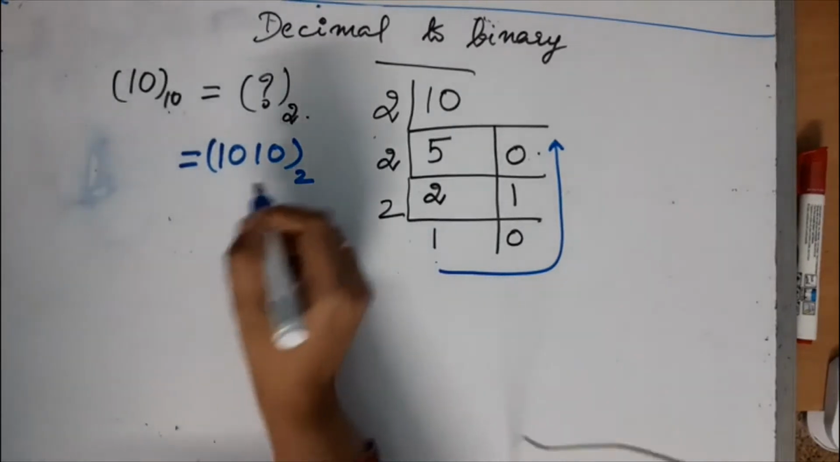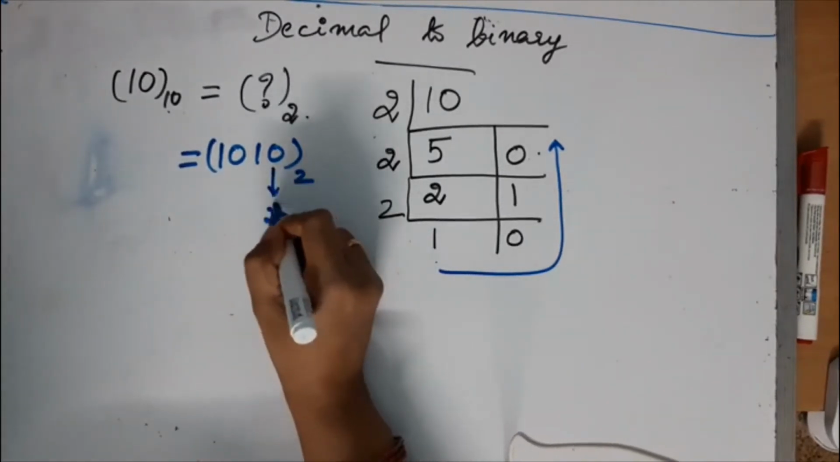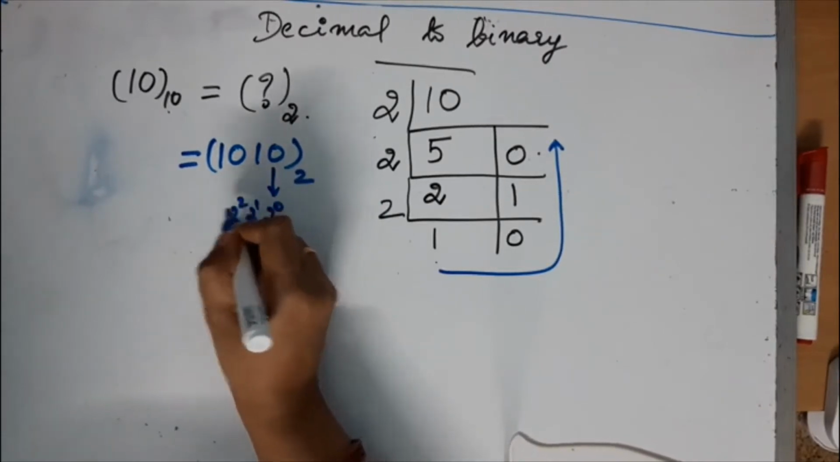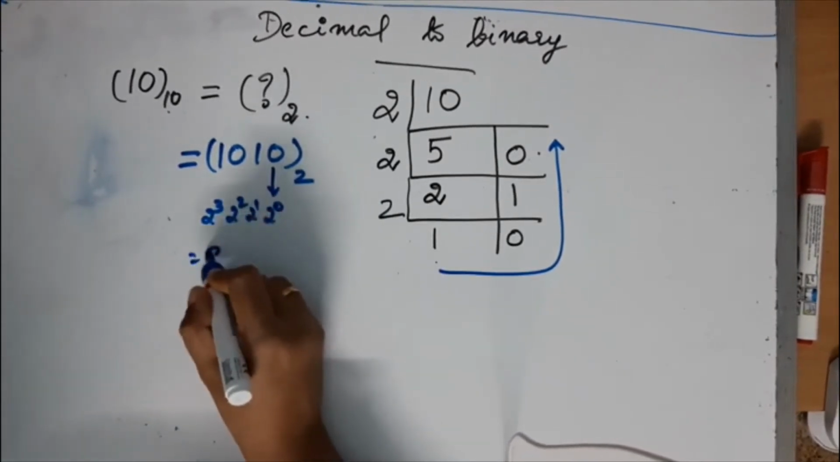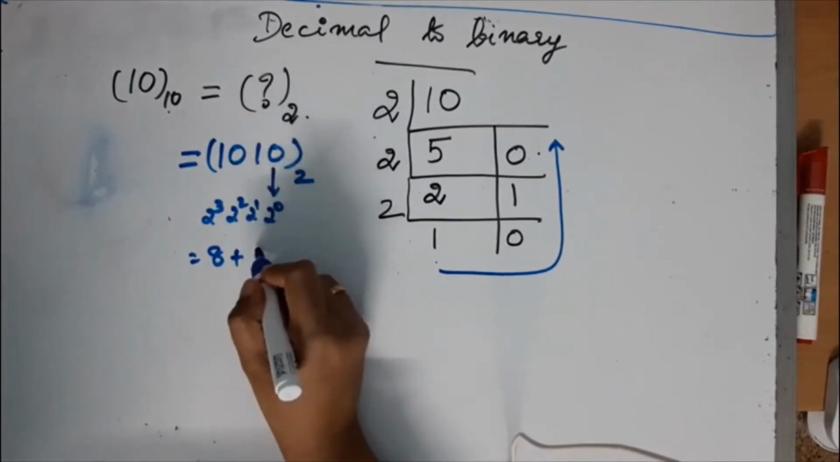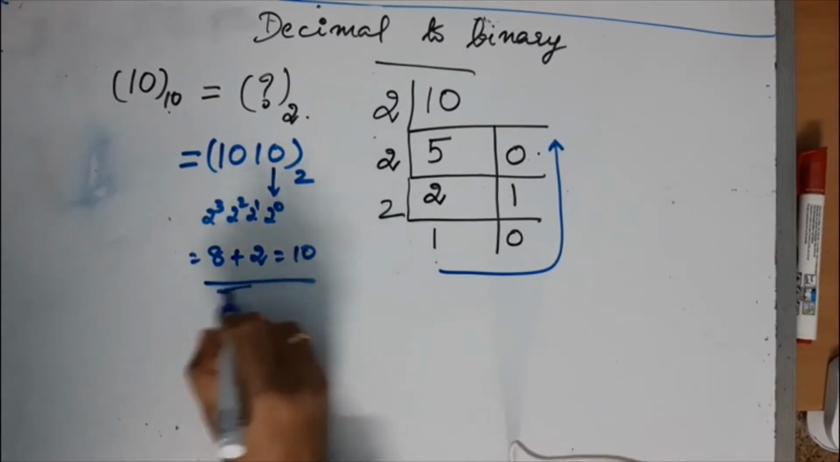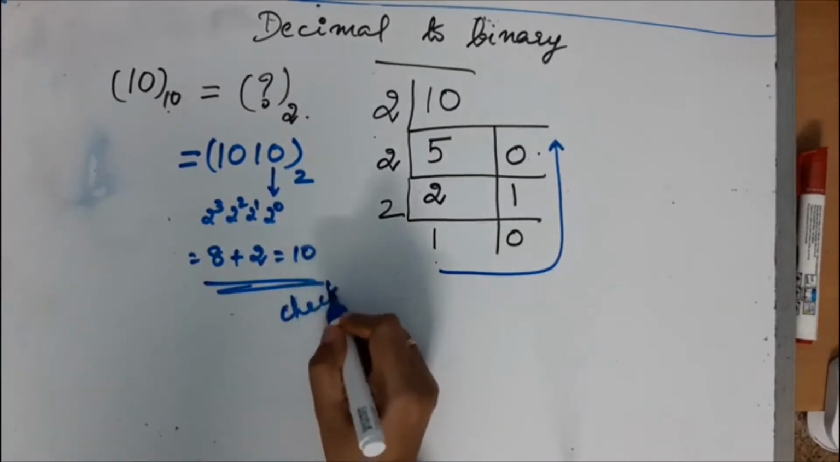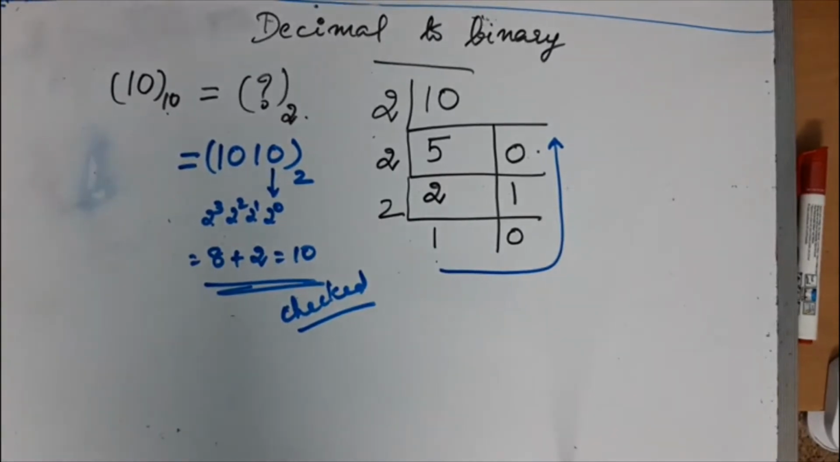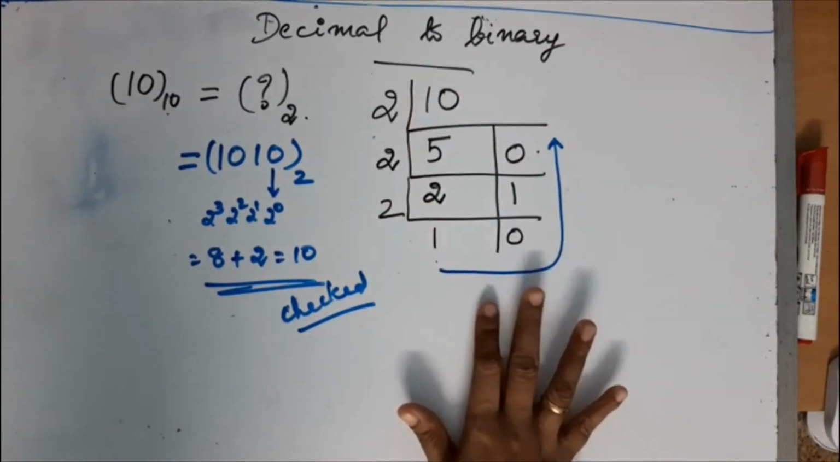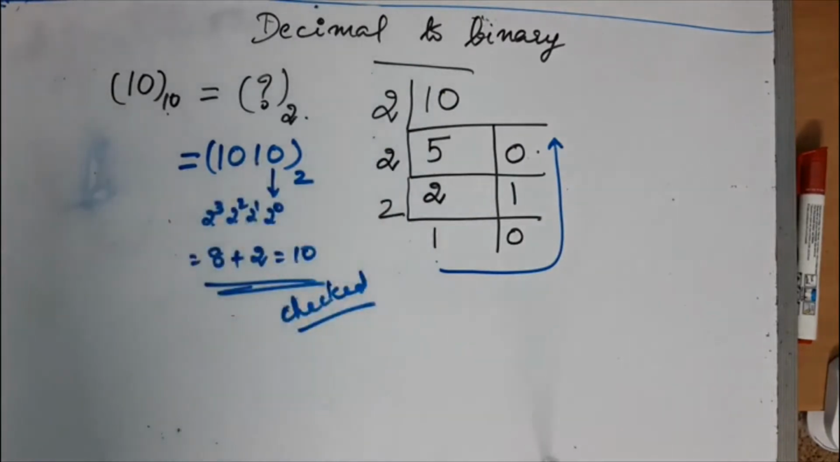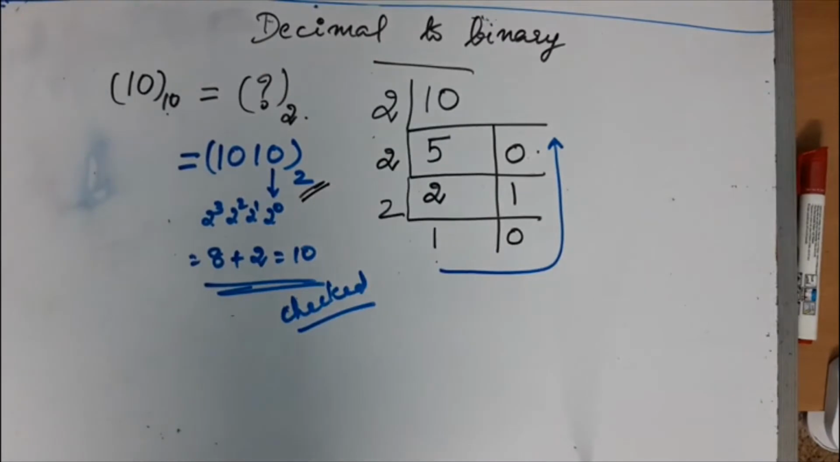So we can check here, the weight is 2 raised to 0, 2 raised to 1, 2 raised to 2, 2 raised to 3. So this is 8 plus 2 raised to 1, that is 2, that is 10. So hence proved. You can just check if it's correct or not. That's not necessary. In the case of conversion, you just need to follow this method and write down the answer. Don't forget to put the base, because that carries marks. Okay, so that is decimal to binary,